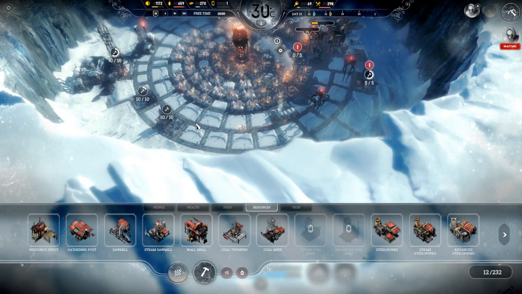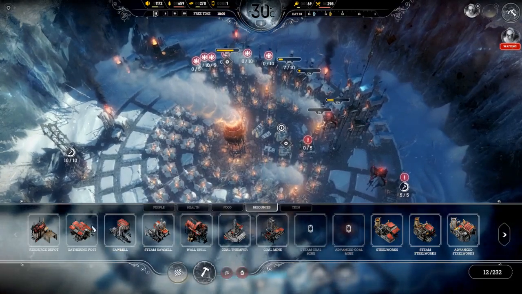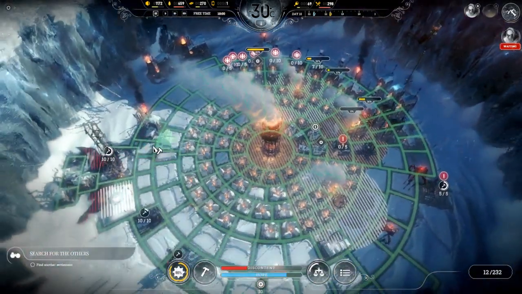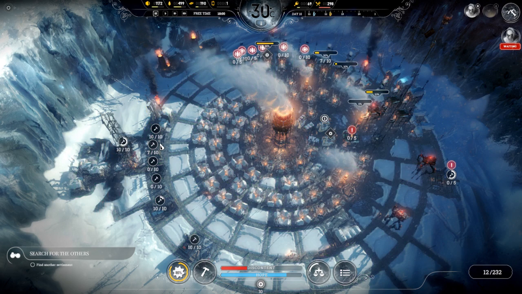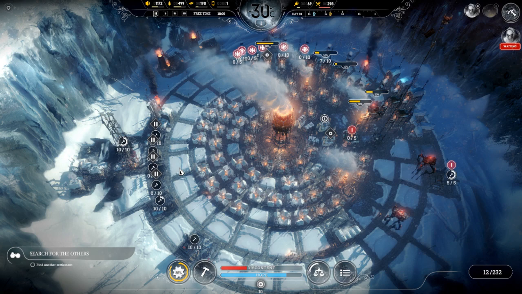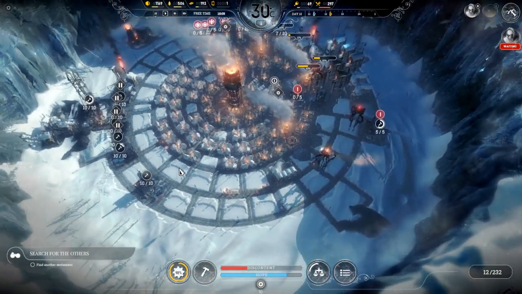Okay, so we've got way too much wood right now. I'm going to go ahead and start building some resource depots, and right here seems like a wonderful spot for that. But I don't want people building on that quite yet, because my hunters need to go hunting tonight, and I'd rather them go hunting than build on all this, so...